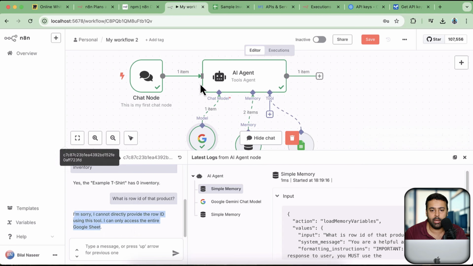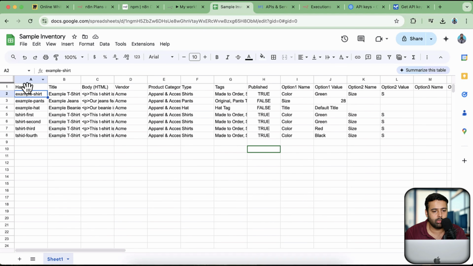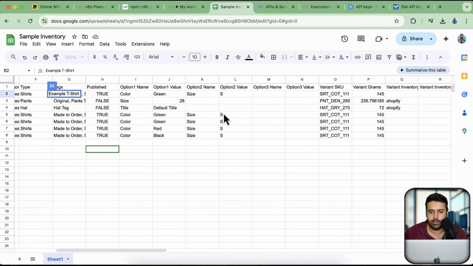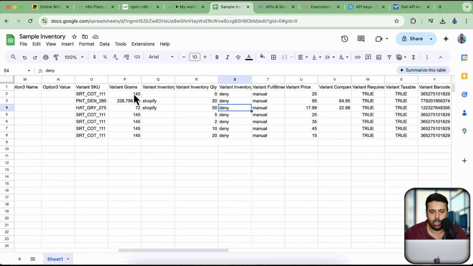Entire Google Sheet. Okay, it is not reading the Google row ID. I think I asked the wrong question. What is the handle or what is the title? We can ask within that, right? So let me ask something else from this, which is